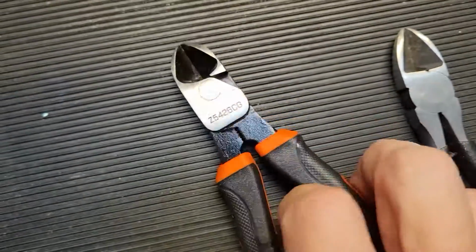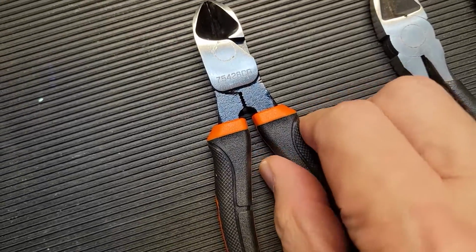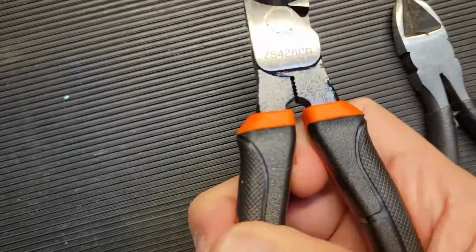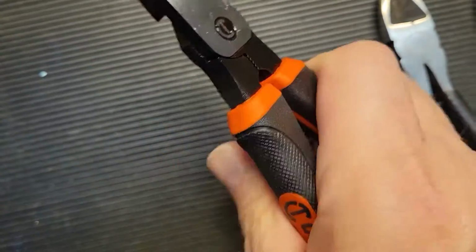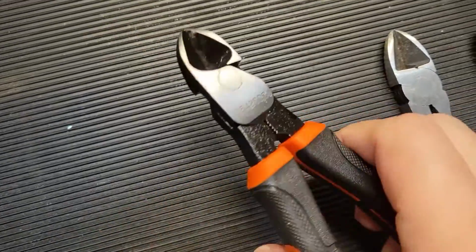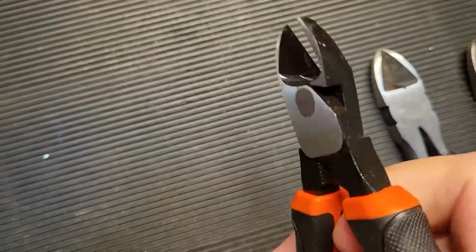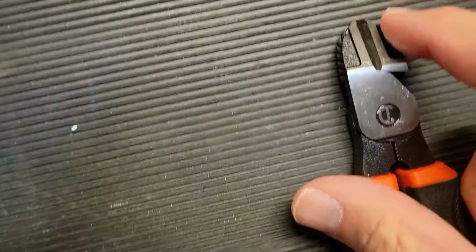pull wire, and it has a choke on the handle, sort of a stop there for your fingers, which is nice. And it feels very light. It's an alloy steel. We can supposedly ream